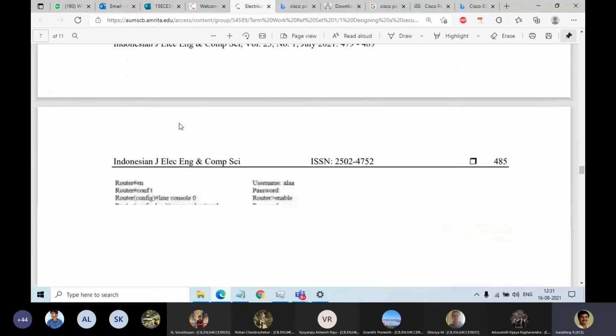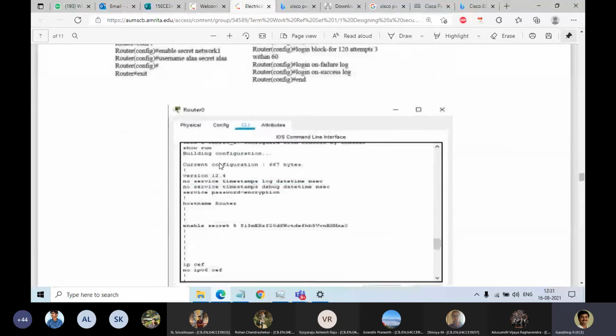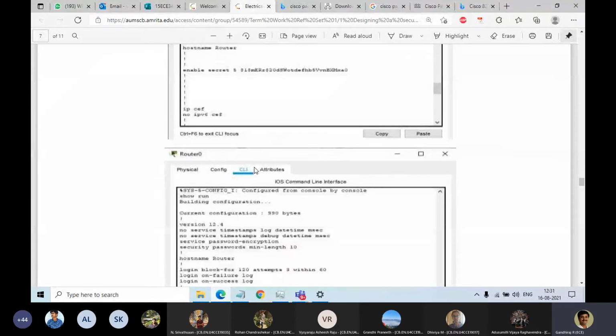The switching logic. Once the configuration is done in the Cisco Packet Tracer environment, what logic have you implemented? For example, you have connected 15 computers. Each computer has an IP address: 192.168.1.1 for the first, then 1.2, 1.3, and so on for the 15 computers. If you assign an IP address to each node, it can be connected in real time.